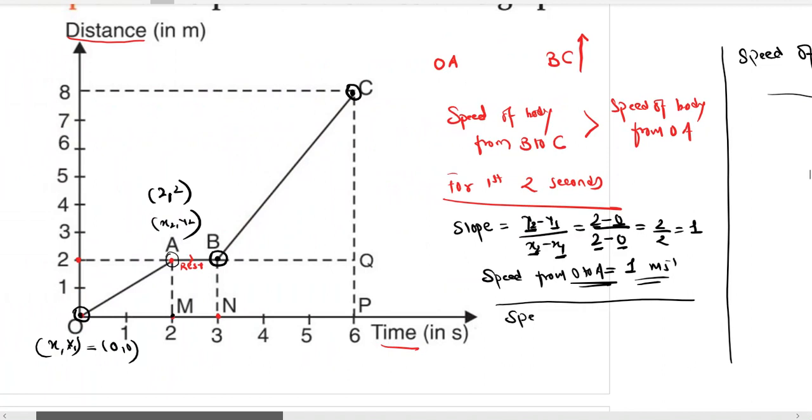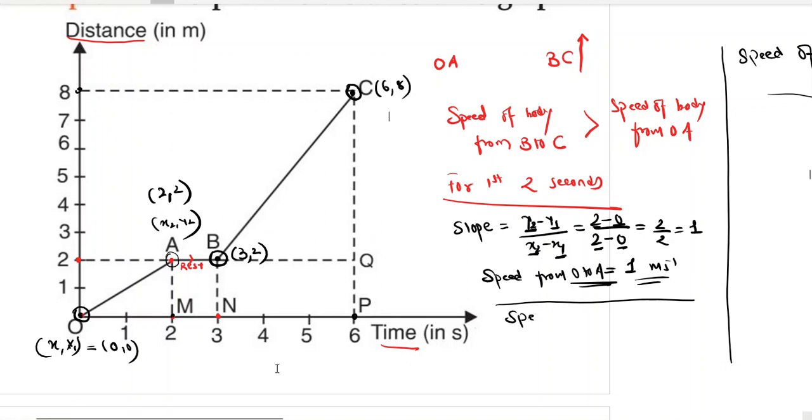We have taken 2 points. Can you tell me the coordinates of point B, which is going to be our x1, y1? What is the x coordinate of point B? See here, coordinate geometry knowledge is very important, which we have already done in mathematics. So much of the mathematical knowledge is useful to us here. X coordinate is 3. What is the y coordinate of point B? 2. What is the x coordinate of point C? 6. X coordinate means you have to look down here, and y coordinate means you have to look at the left side. 6, 8. Right?